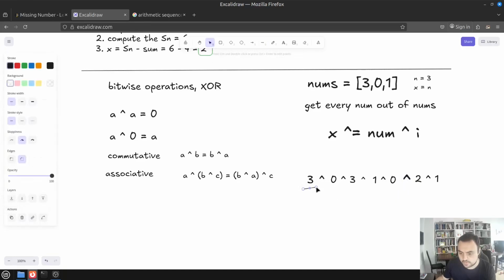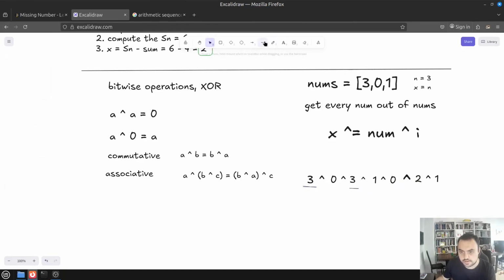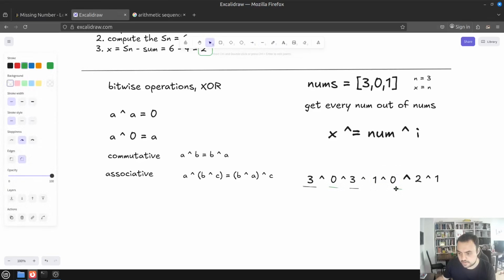We can group similar elements. So for example, there's 3 here and 3 here. And there is 0 here and 0 here. There is 1 here and 1 here. So if we rewrite it, we can have